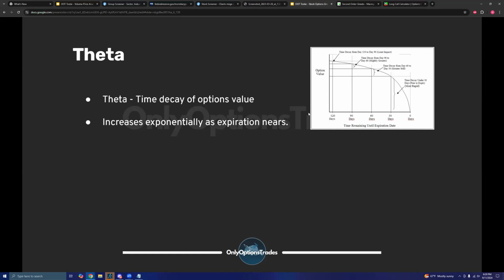And you can see that illustrated pretty decently in this graph here. So it's an exponential relationship, and you can see the further we are from the expiration of the contract, the flatter the slope of that option value curve, meaning that it's decaying at a lower rate. And you can see, very simply represented here, as we get closer and closer to expiration, the impact of theta only becomes more apparent.